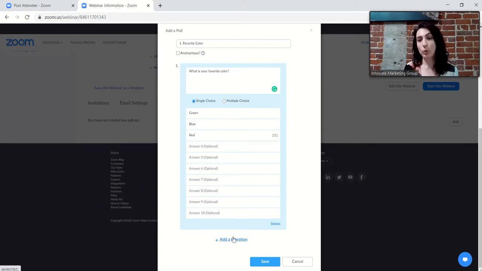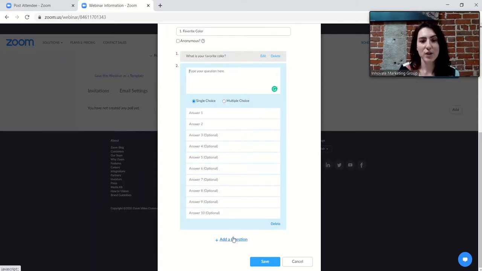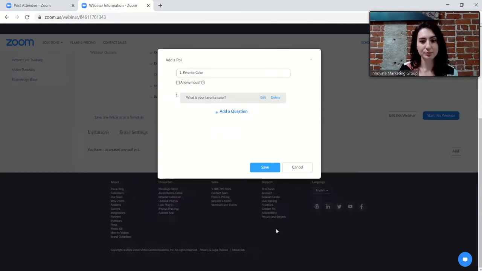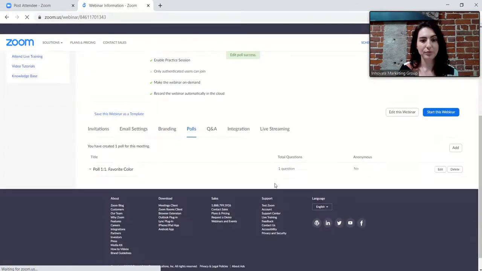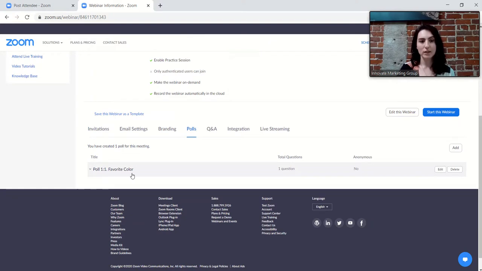And you could also add multiple poll questions as well, and you would just go ahead and click add question. So you're going to save those. And then if you go back down, you will be able to see your poll question 1 favorite color right